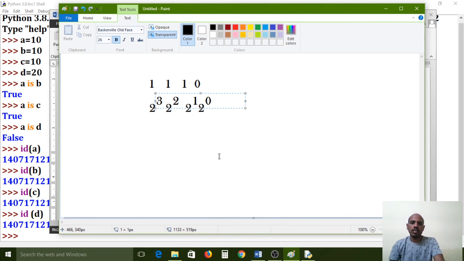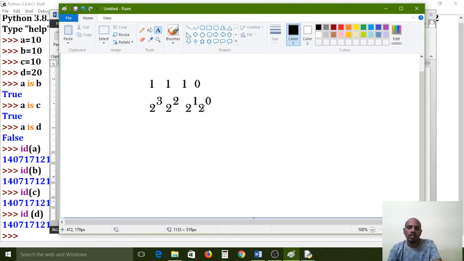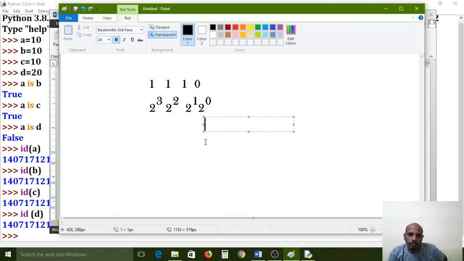Now understand? So this is the meaning of this one. So 2 power 0 means 0, because this is a 0. That's why. Here plus operator actually.